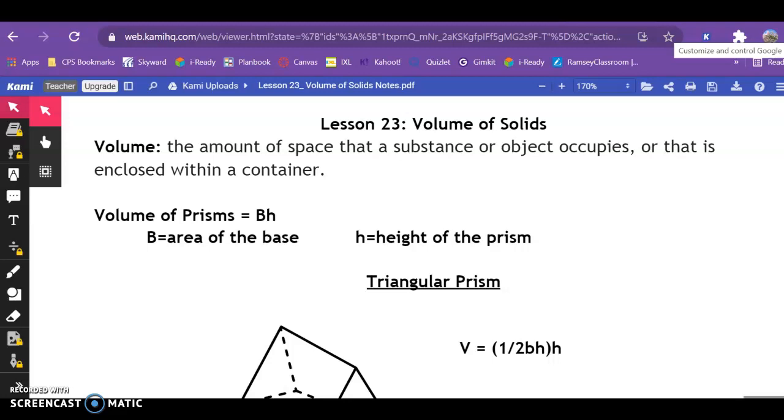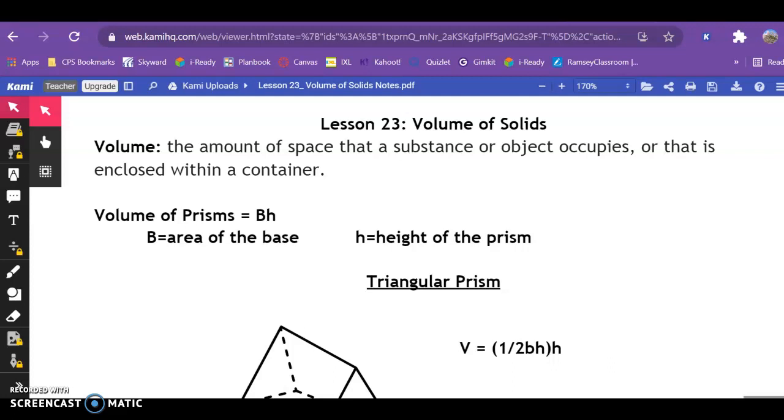All right, we're moving into volume of solids, and volume is the amount of space that a substance or object occupies or that is enclosed within a container. So how much can something hold? We've talked about perimeter, which is around the outside of an object. We've talked about area, which is how much carpet or paint you would need to cover a wall or a floor. And now we're moving into volume, and that's how many cubic pieces would I need to fill a certain object. So if you think about a box, how many one by one by one little cubes would I need